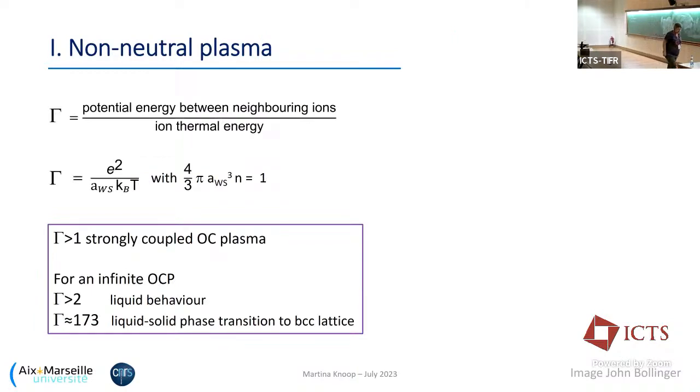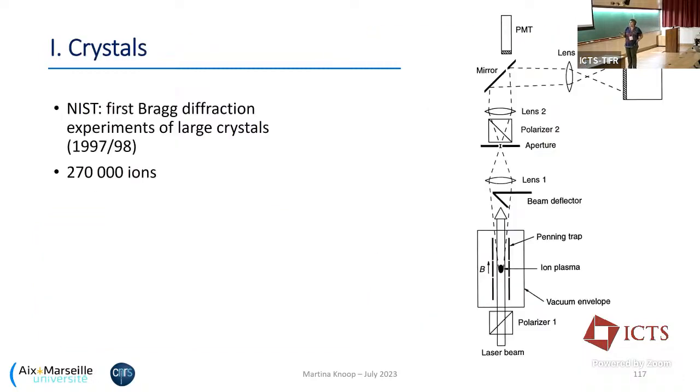Okay. So this is what we call the Penning-Malmberg trap. What I did not introduce yesterday, because I said I would not talk about laser cooling, about cold lines, I didn't even talk about the gamma factor, which I have to introduce now, because this is important if we talk about plasma. If we look at the energy in a plasma, this important factor compares the potential energy between neighboring ions to the ion thermal energy. So what is really the energy of this plasma? And this gamma can be calculated by something which is, of course,